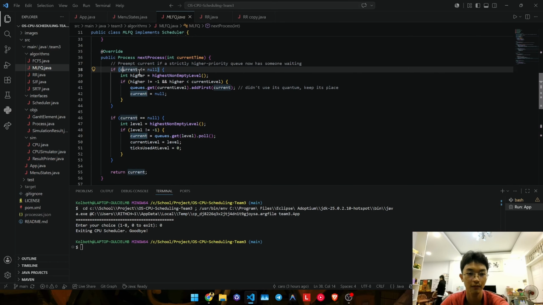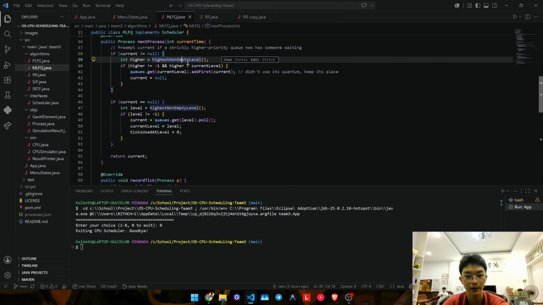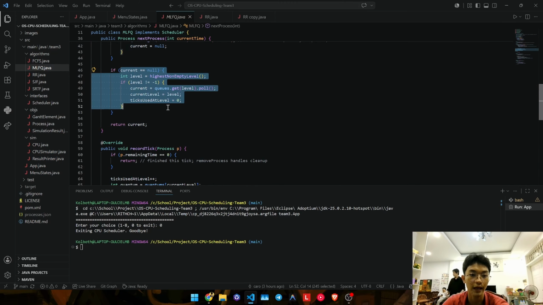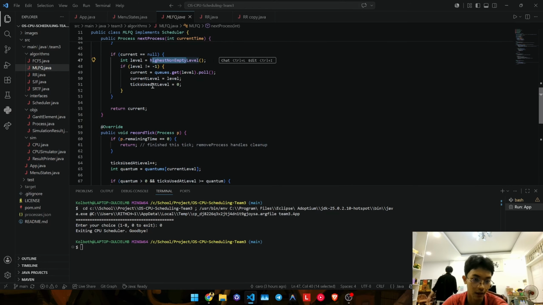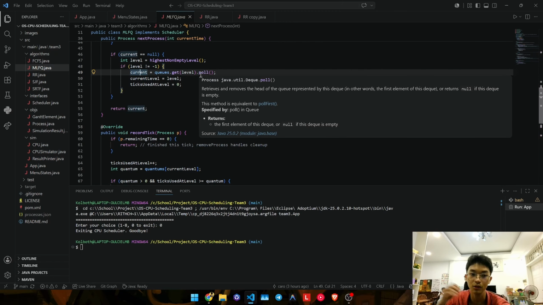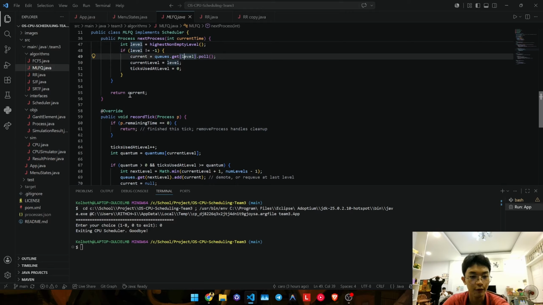Current is the current process being run by the CPU. We check that it's not null. If it's not null, then we check: is there a higher priority? If there's a higher priority, we kick out the current process to null, and we check the level of the highest non-empty level, which is a helper function. We also check that if level is not equal to -1, we set current to be a process stored inside one of the levels of the queue. The level of queue here is just choosing the highest current level, and then we return current from